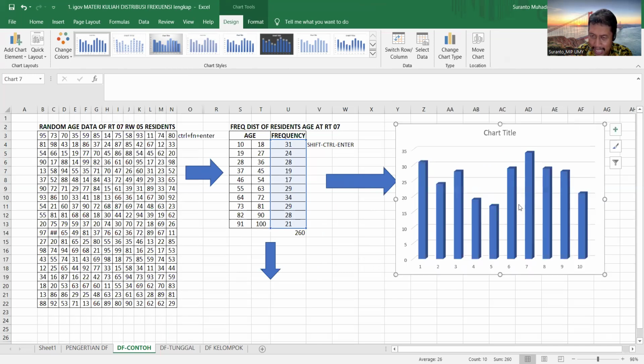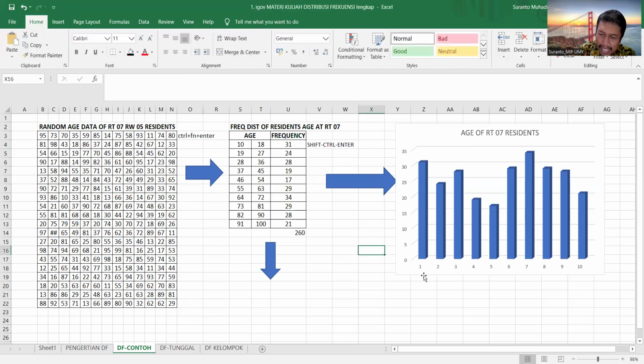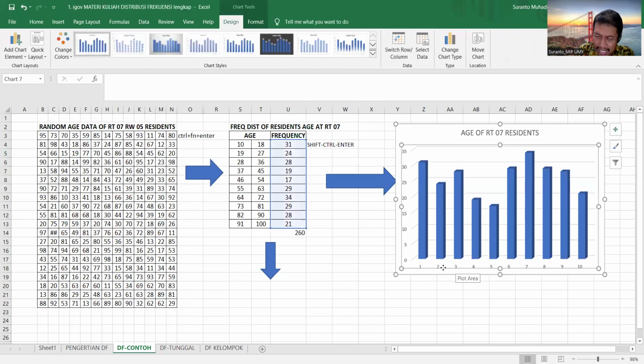You can modify this diagram, maybe the title. Just click the title and then change it into the name of your table: Age of RD7 residents. And then you can also change this axis. This axis would be the age, from 18 until 100.